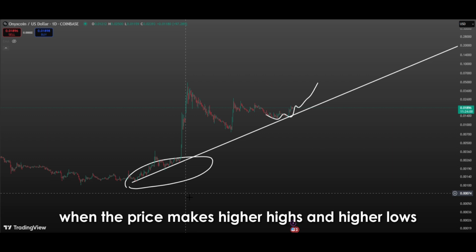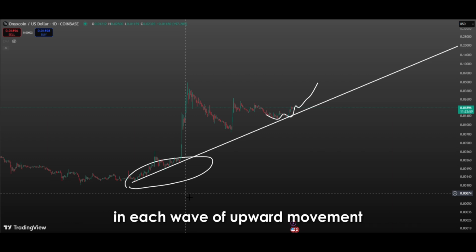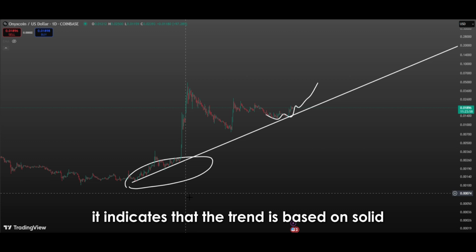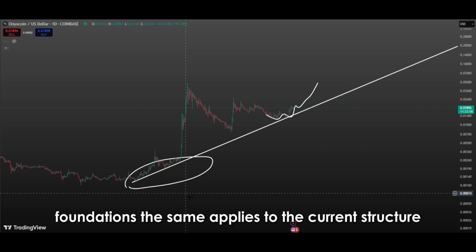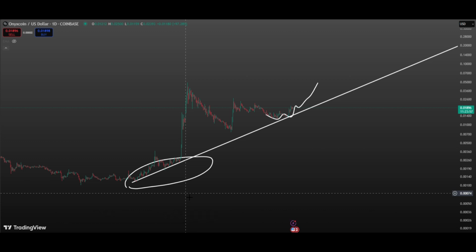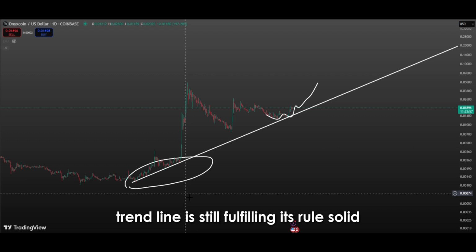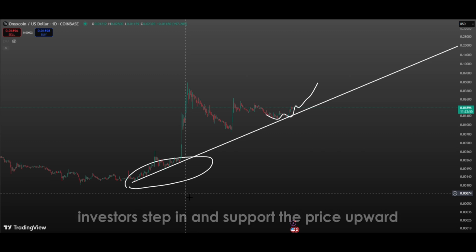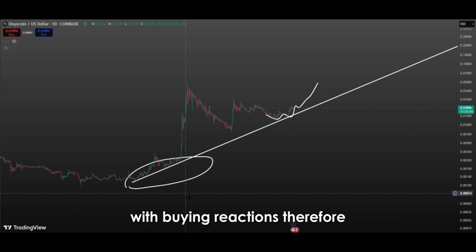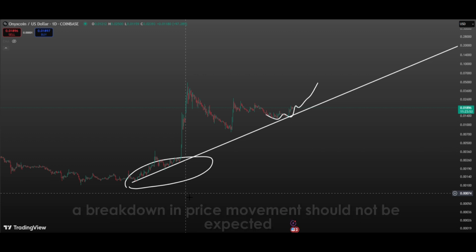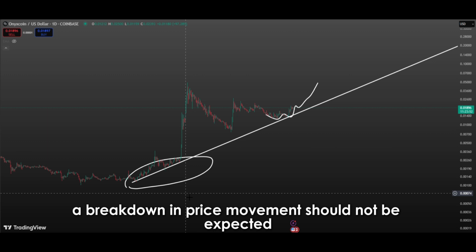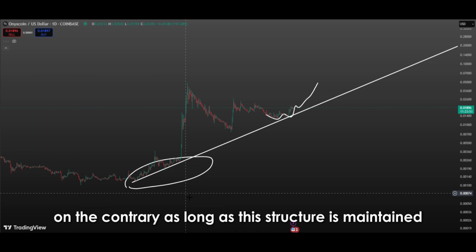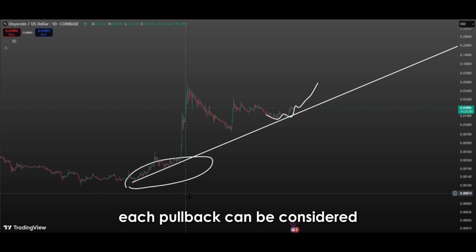For example, when the price makes higher highs and higher lows in each wave of upward movement, it indicates that the trend is based on solid foundations. The same applies to the current structure. It is evident that this ascending trend line is still fulfilling its role solidly. Every time the price approaches this level, investors step in and support the price upward with buying reactions. Therefore, from a technical analysis standpoint, as long as this trend line is not broken, a breakdown in price movement should not be expected. On the contrary, as long as this structure is maintained, each pullback can be considered a